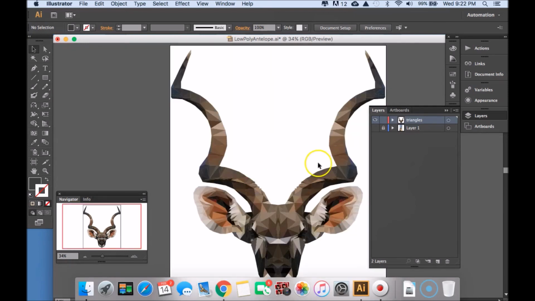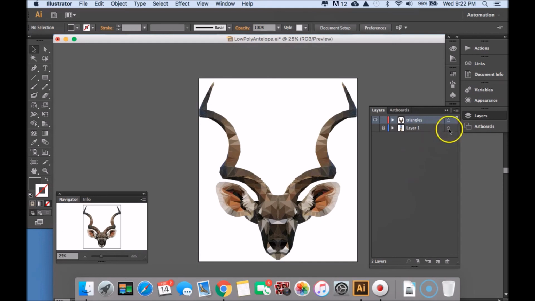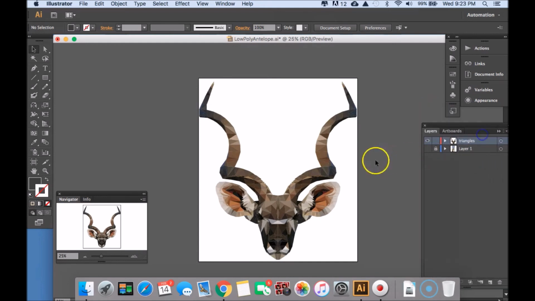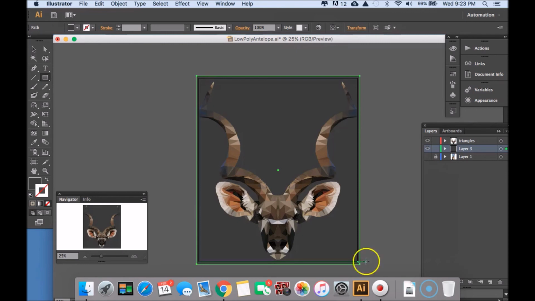Okay. And then lastly, I'm going to add a background. Don't just leave this background white. You guys should add a background. The fastest way to do it is to make a new layer, and I'm going to put it here between my triangles and my photo layer. I'm going to go to the rectangle tool, which looks like a rectangle, predictably. I'm going to click outside of my artboard and drag till I'm on the other side, outside of my artboard,